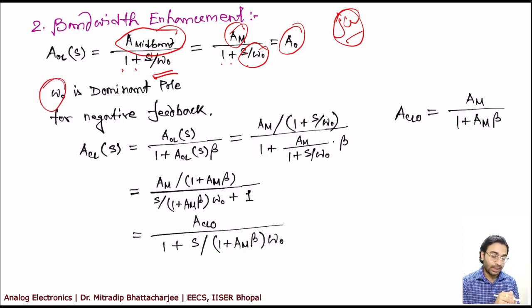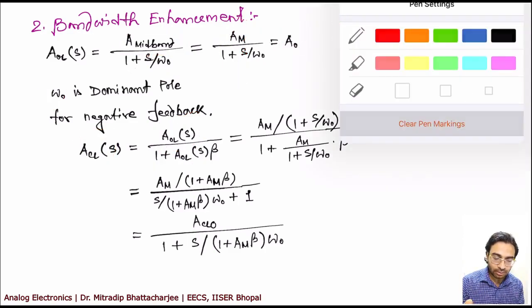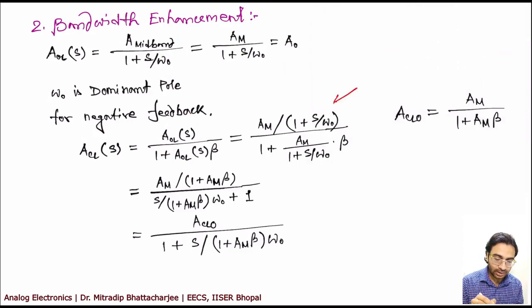Now for negative feedback, ACL(s) is equal to AOL(s) divided by 1 plus AOL(s) into beta. I have already calculated. Then you replace this AOL(s) value with AM divided by 1 plus s by omega 0. So if you do the calculation as it is given over here,